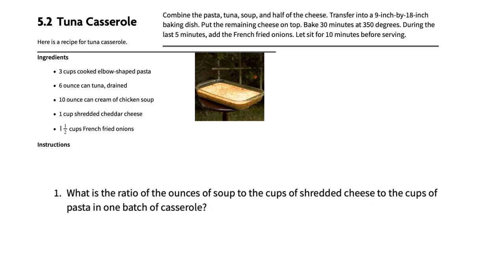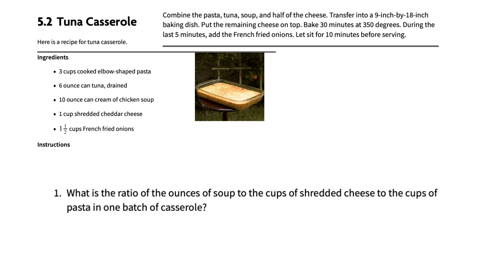So here we've got this recipe for a tuna casserole. 3 cups of, you could read it yourself. Pause the video if you need to read the actual ingredients. And what we're supposed to do is combine the pasta and all this sort of stuff. We're going to transfer it, put the remaining cheese. So these are the instructions for how to cook this wonderful tuna casserole. I have no clue if that's legit. I'm dying to know if somebody could share in the comment section down below